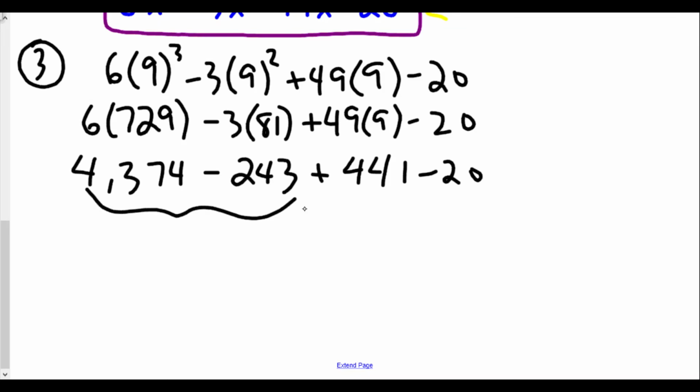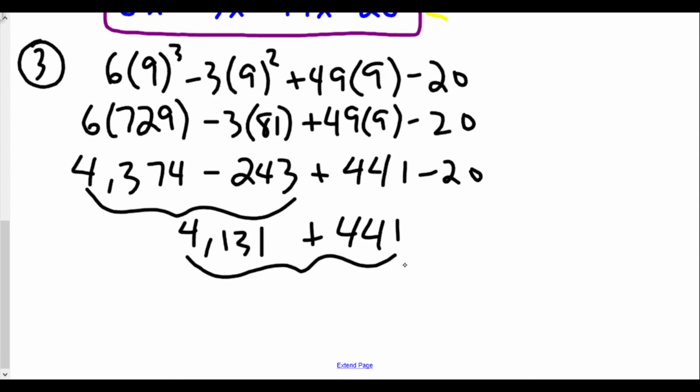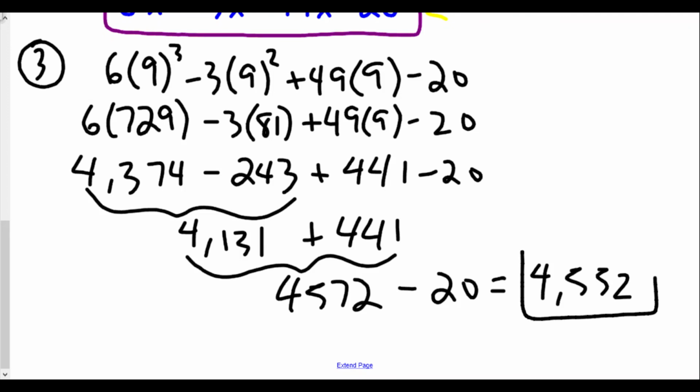We take 4,374 and subtract 243 and get 4,131. Then we add the 441, because we're going in the order of operations, and we get 4,572. Then bring this down, subtract 20, and we get 4,552 square units, of course, as the difference in the area between the tract of land in Mathville